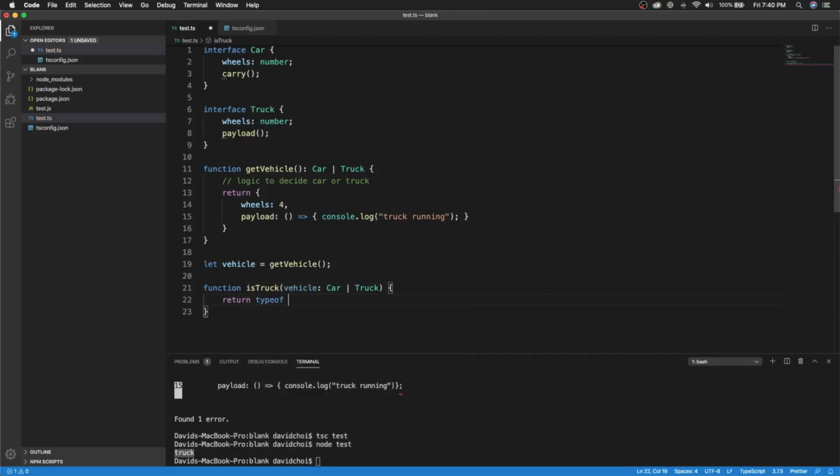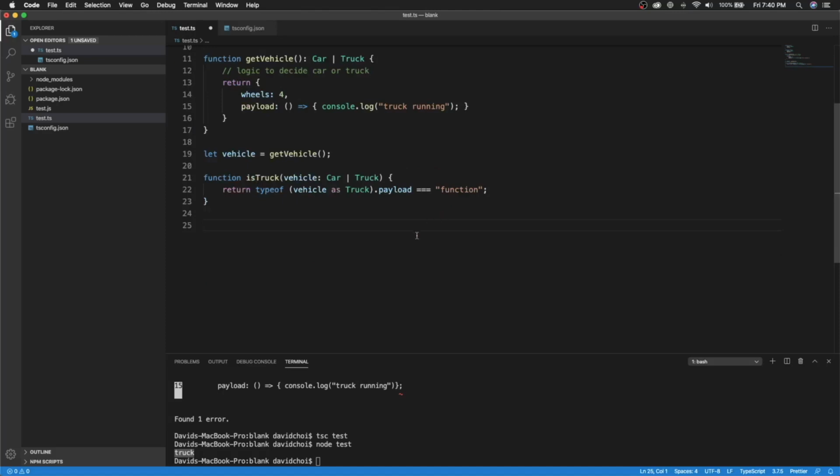So what I'm going to do instead is I create a function, and then I say, does this object contain this function? Now, in this case, you're just going to get back a Boolean, and that should work,